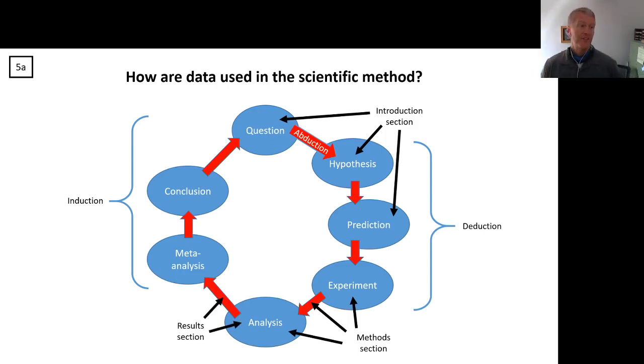The results section then becomes the output of the analysis. And the results section is then the facts. This is where we talk about the incontrovertible truths about the results of our experiment. And you definitely want to try to avoid interpretation in the results section, right? You're starting to mix up things.